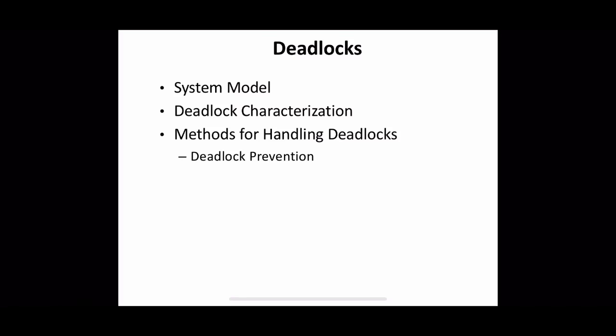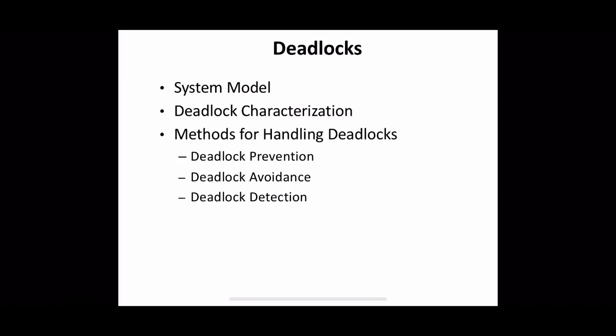First method is deadlock prevention. In this, the system will find the root cause which causes the deadlock, and somehow the system will prevent such root cause from occurring. That is the first method. Second one is deadlock avoidance. Using some extra effort or additional information, the system will assure that the current event will not lead to a deadlock. So somehow avoid such an event of deadlock. That is the second method.